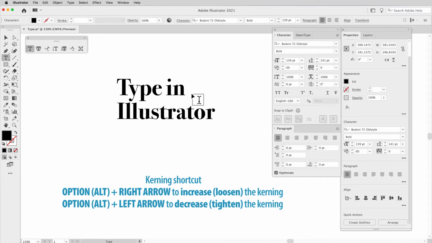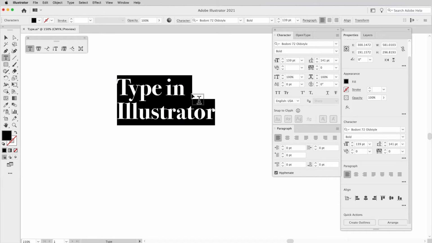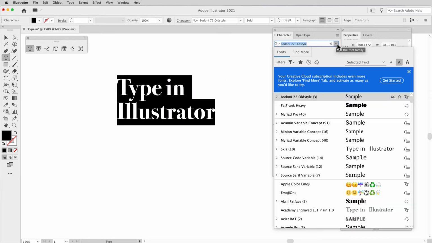Put your cursor between the 2 letters. Option or Alt right arrow is going to loosen up your kerning. Option or Alt left arrow is going to tighten up your kerning. Now, if you do select all of your copy, and you have a typeface, and there are some typefaces here